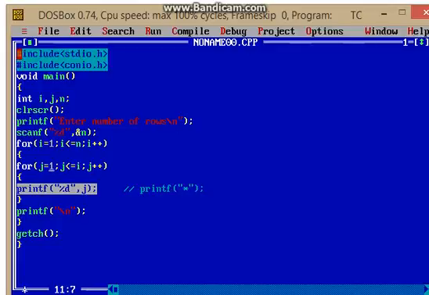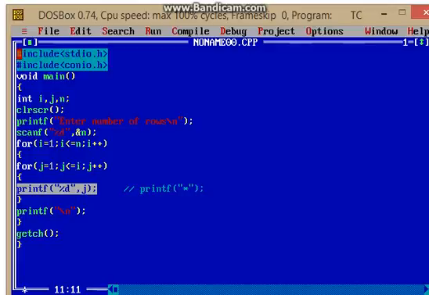Here the value of j is 1, so in the first loop it will print 1, and j must be smaller than or equal to i, and here the value of i is 1, so in the first loop it will print 1, and it will jump to the second loop, the line will change, and in the next loop once again it will start from 1, and the value of i will become 2, so it will print 1 and 2.